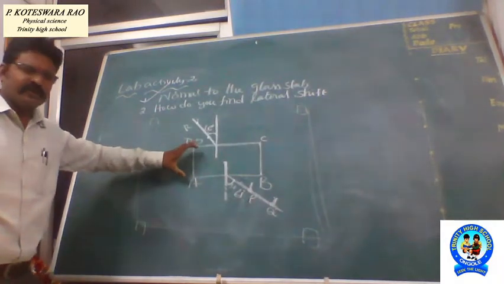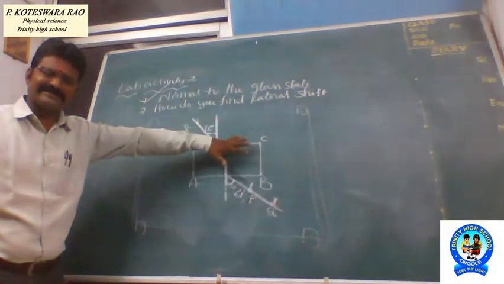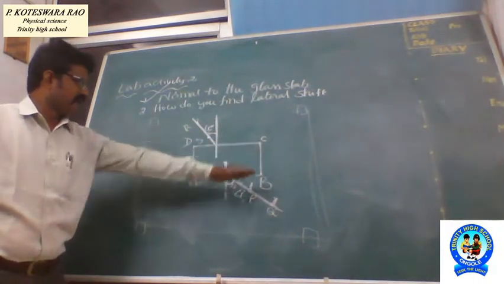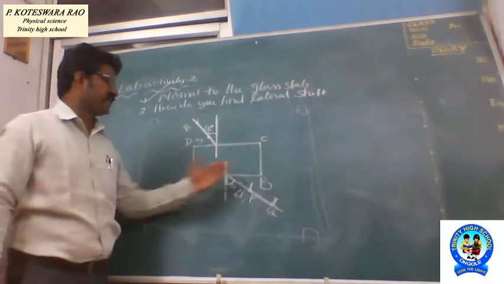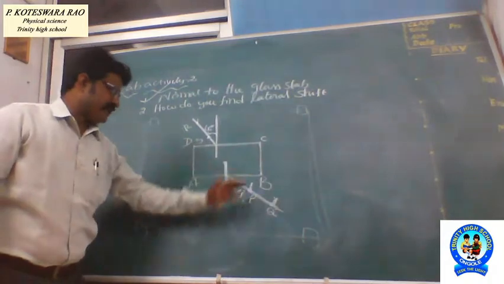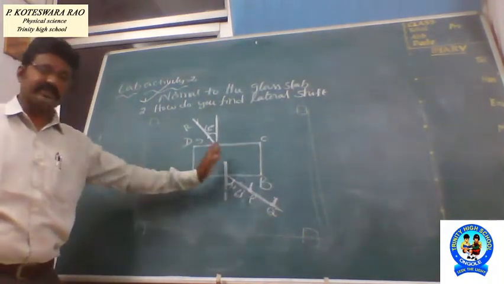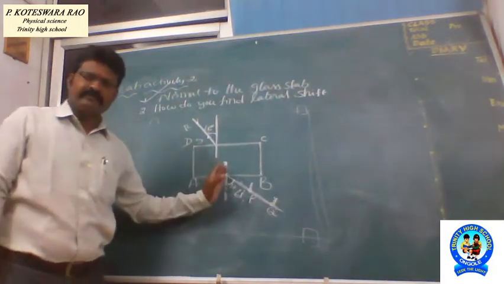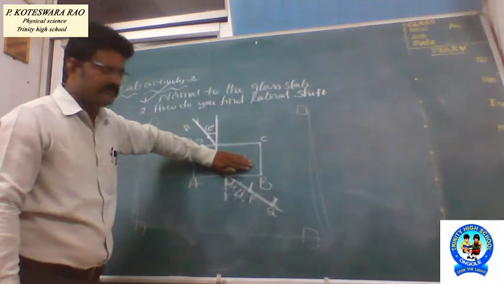Okay? Up to here, did all of you understand? First of all, what we did here: place the glass slab and draw the outer edges, and after that remove the glass slab and name the vertices A, B, C, D. Then we want to draw one perpendicular line, or normal line, to that AB, but here there is no glass slab. Then place the glass slab in its original position.